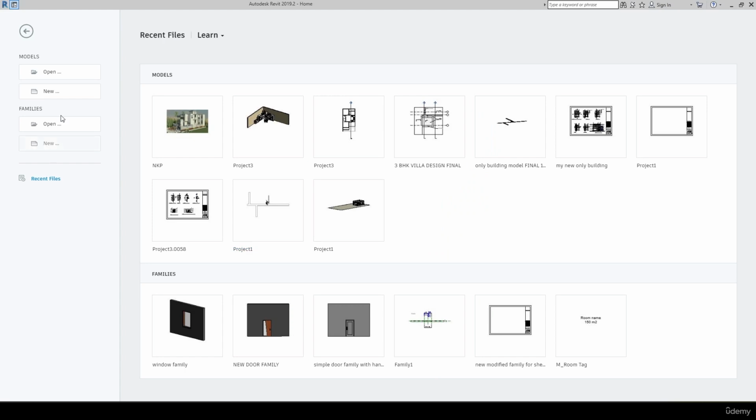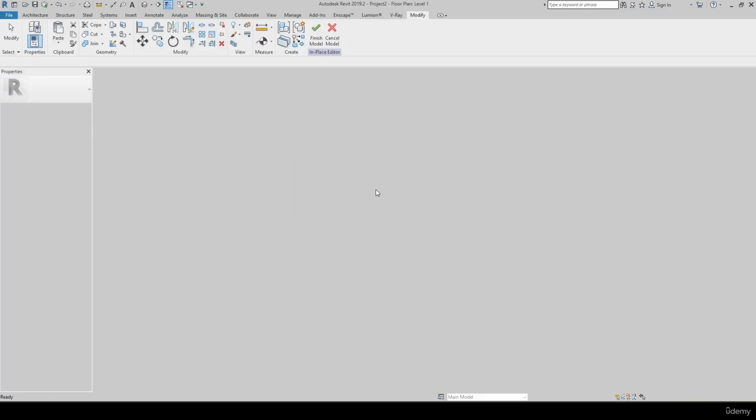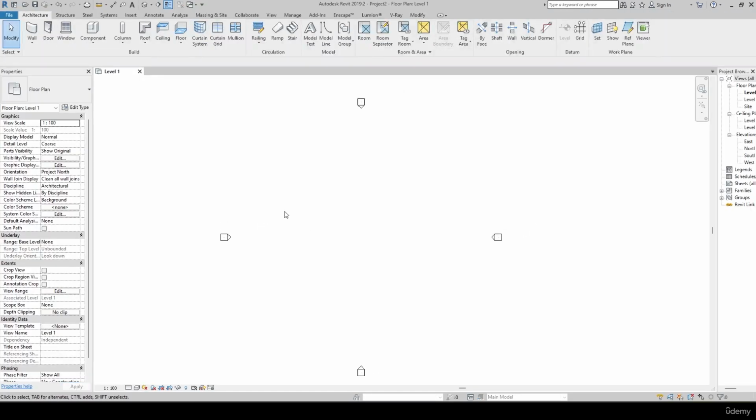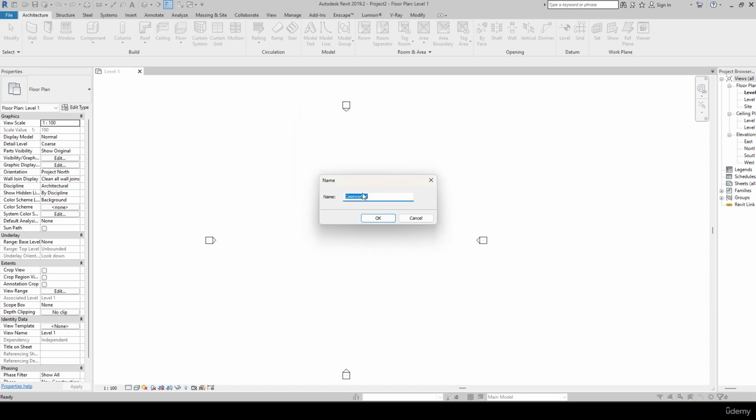Let me go to one of the projects, which I'll open as construction, and I'll take the architectural template. Next I'll click on Model In-Place. Now you have the different families, parameters and categories available. I'll simply select Casework. Okay, I simply name this as the front